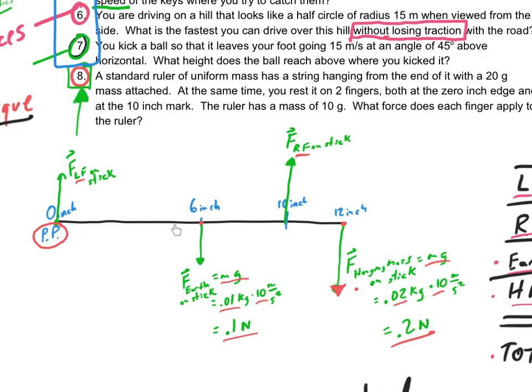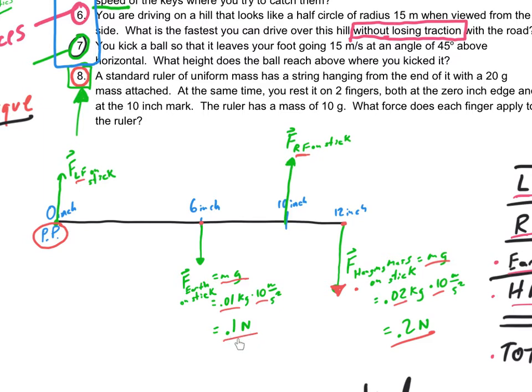So we got the ruler right there. It's 12 inches long, as rulers are. It's uniform. Because it's uniform, its weight acts at the center. So the force of the earth on the stick is equal to mg downwards. And it has a value of, the mass is 10 grams. 10 grams is the same as 0.01 kilograms. Multiply that by g of, let's use 10 meters per second squared.